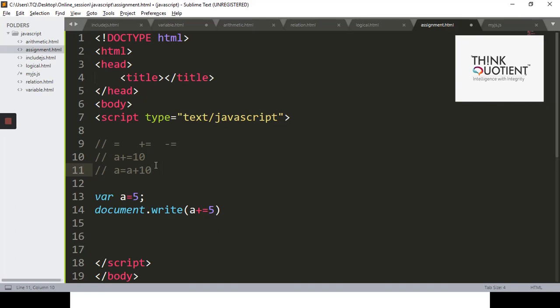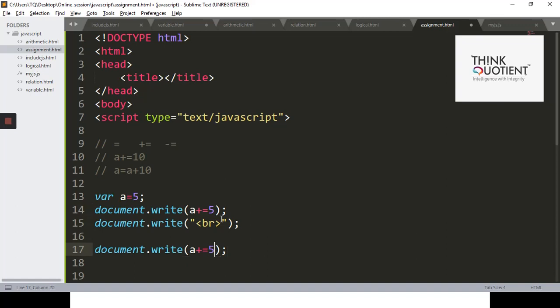So what is happening in the background, you can see a is equals to a plus 10. Same, we can use the shorthand syntax, that is nothing but a plus is equals to 10. Same you can do for the modulus, same you can do for the minus as well. So I'm going to use control c control v over here, and I'll just add break tag again. So I'll just go over here and I'll add br and semicolon over here,